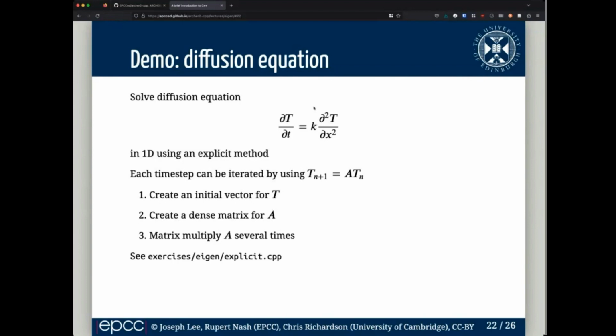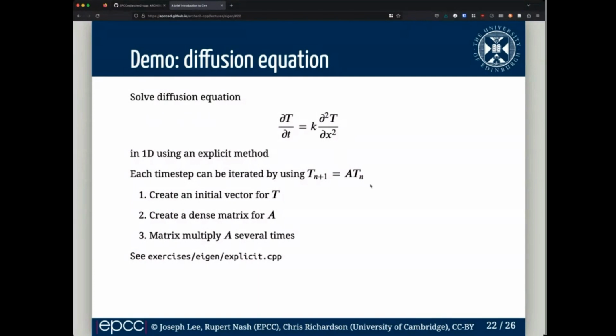If you're familiar with it, what this is describing is that T could be concentration, could be temperature. This field, as it evolves in time, would depend on the neighboring values with this second order differential operator. So basically, if your neighbors are higher, you will flow to somewhere with a lower value, and this is exactly what diffusion is. So how we solve it